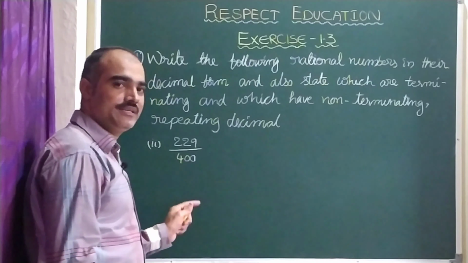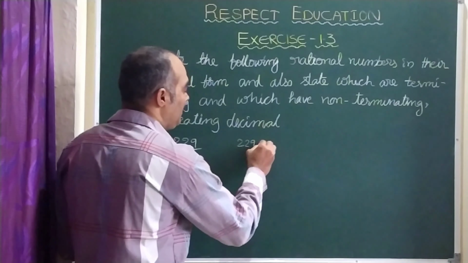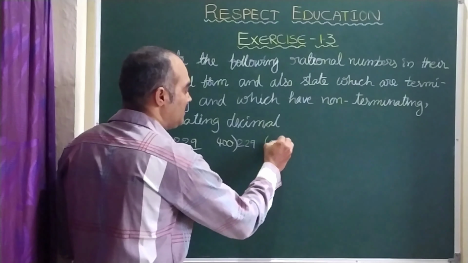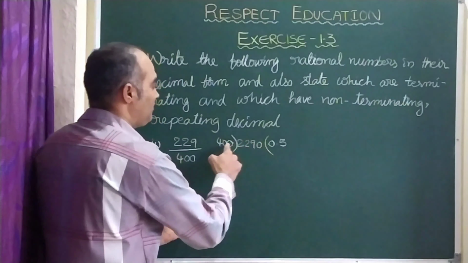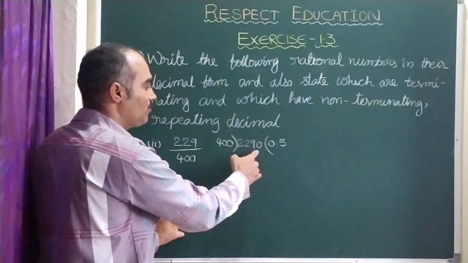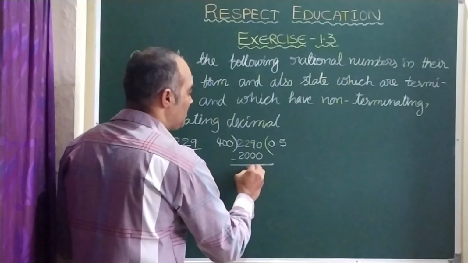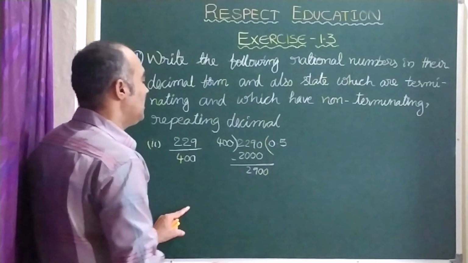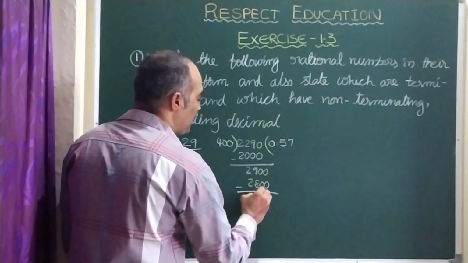Now the next bit, second bit, 229 divided by 400. So as usual here we take 229 and here 400. It is smaller, so let us take 0 point, so it becomes 0. See here 400, it is 2290. Here if we take 5 times, 5 4s are 20. If we take 6, it is 24, so 2400 is more. So we can take up to 5 times, it is 2000. So you subtract it, you will get 290. Because of this decimal, you get one more 0 here. Now let us take 7 times, because 7 4s are 28. It is 2800. So here again you subtract, it is 100.